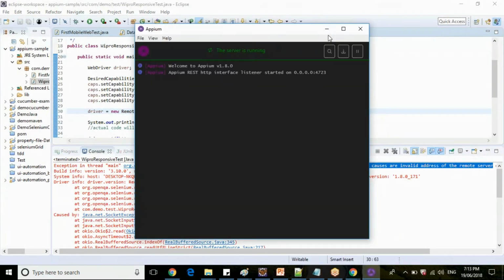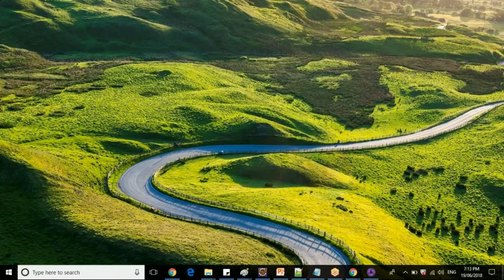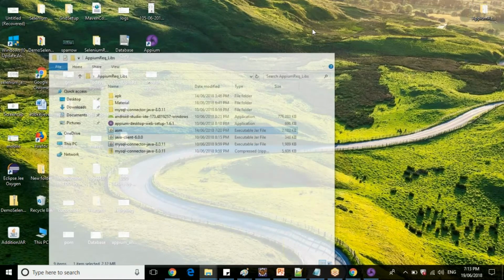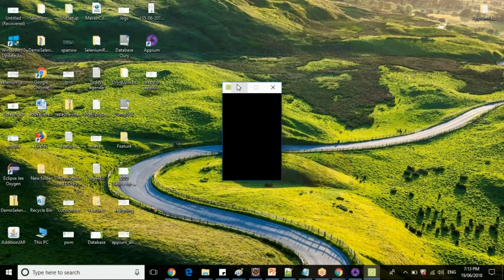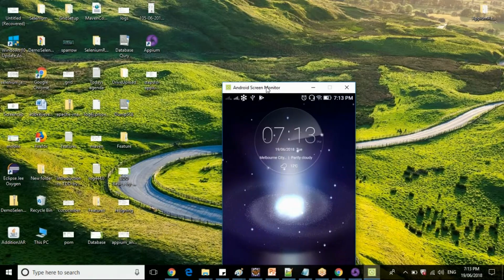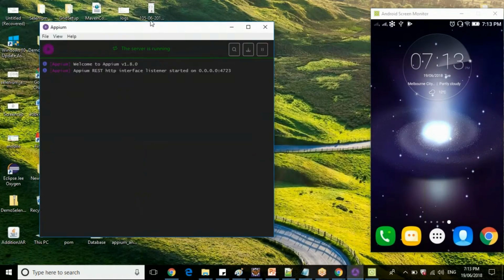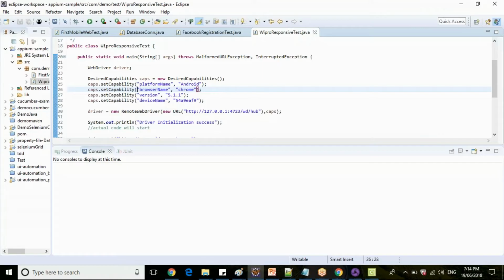Okay, let's start the APM server again. Clear this. Let me open the mobile screen. Let's execute the script now.